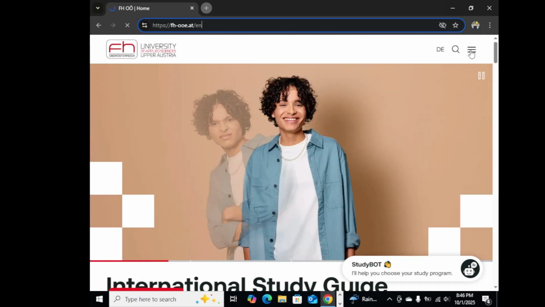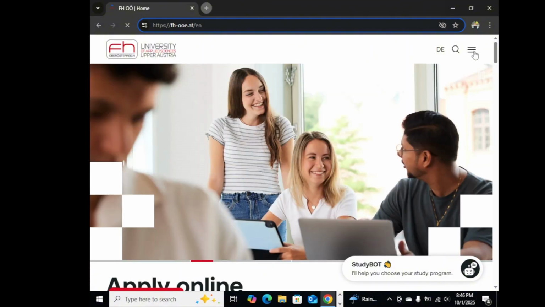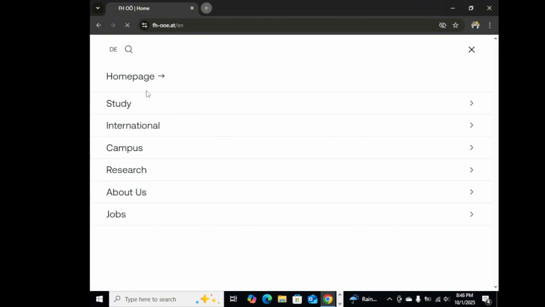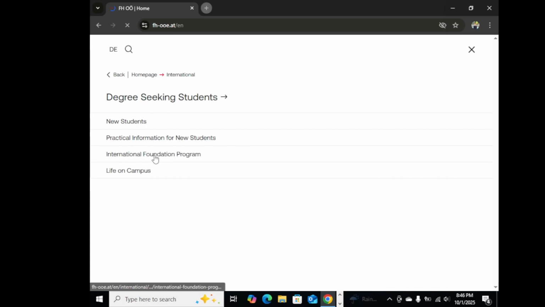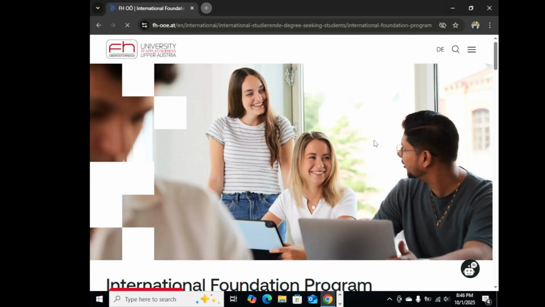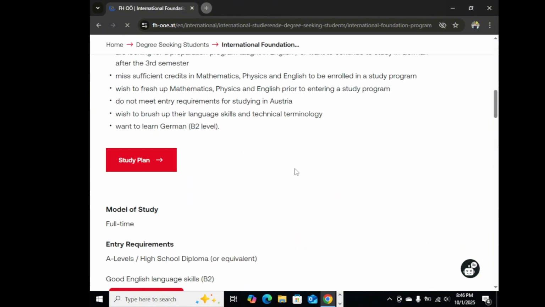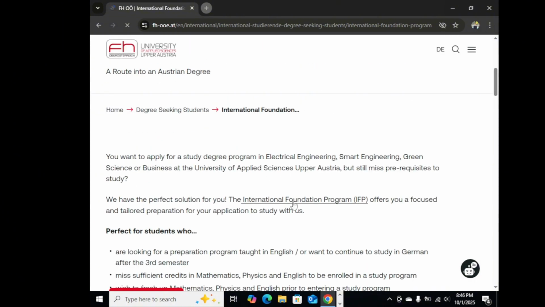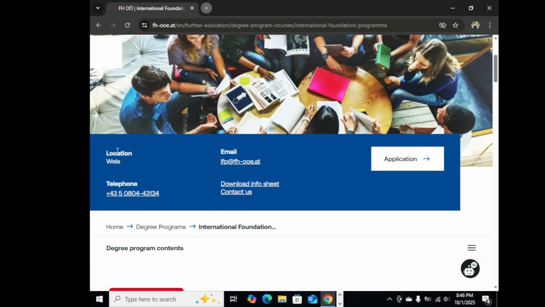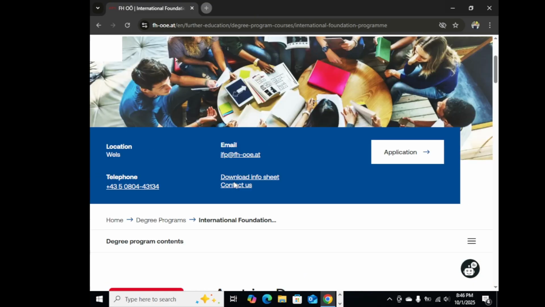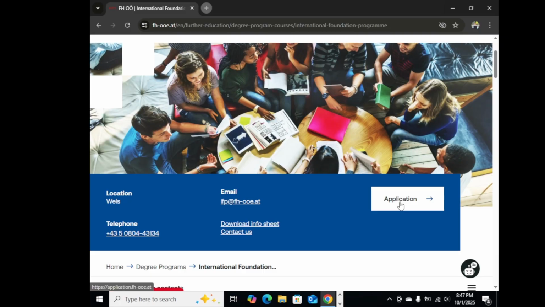So go to the right side, to this three-line icon, click on this and go to International, then Degree Seeking Students. Then here you can find the International Foundation Program. Well, this page will appear, and here is the International Foundation Program, click on that. Now this is the page, and now you can see here Application. So click on this application,